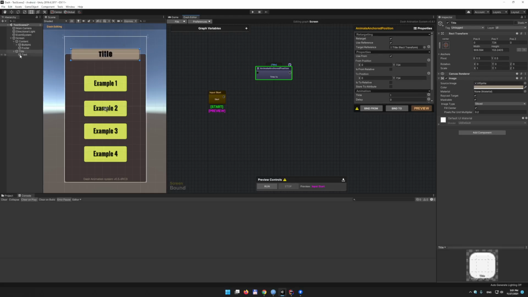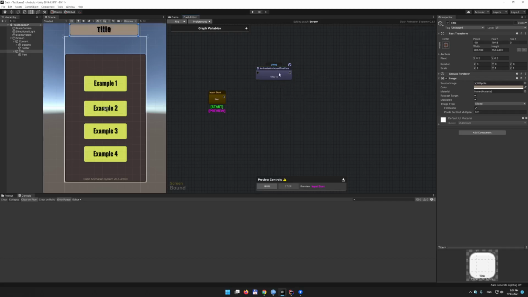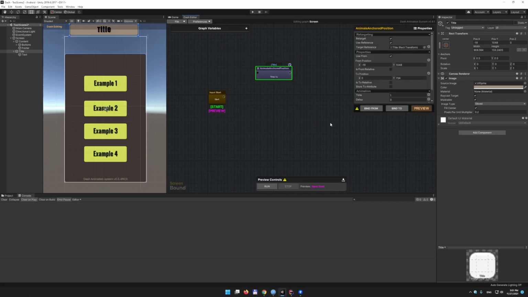So for example, let's say I want to animate the from position. I will just tell Dash that we are animating from position. If I change this, you can see the from position is changing, and then I can unbind and I can then preview this local animation. This preview is just for the animation inside this local node. It's not like the instant preview, because instant preview will just start as a normal preview, and if there were some kind of output connections, it would run the output connections and the whole graph potentially. This just runs the animation inside an animation node,